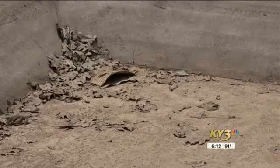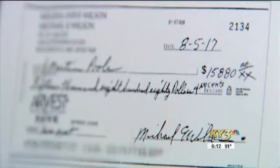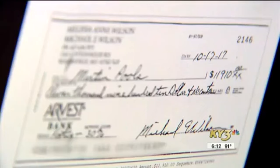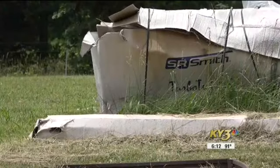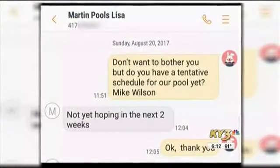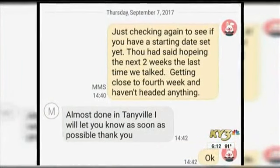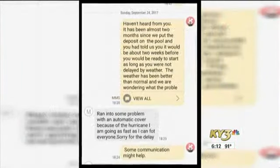You regret that? Yes. Is your pool complicated? No, it's just a rectangle pool. Wilson paid his deposit and then some. Almost $50,000. Weeks turned into months. Months turned into winter. Text, phone calls. I've got copies of all the texts that I sent, and just